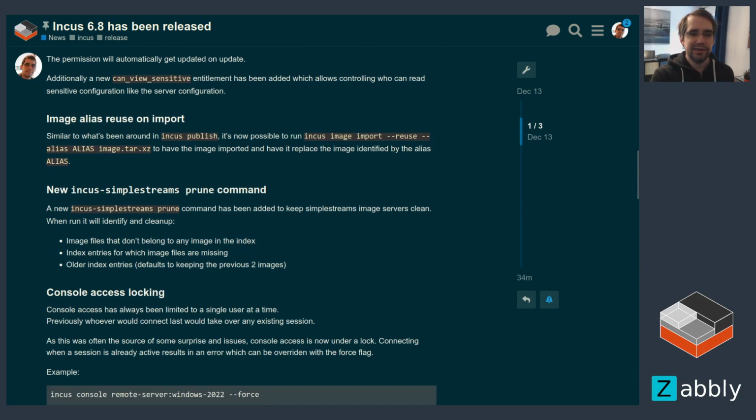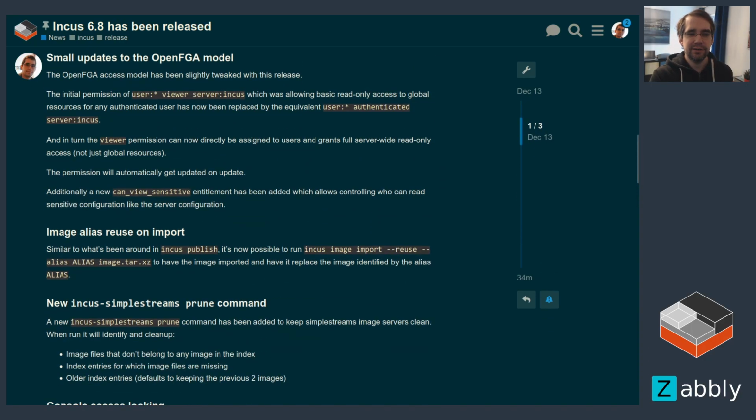Next up is a tweak to the authorization model we've got in OpenFGA. So OpenFGA is the main authorization mechanism for incus, especially when used combined with OpenID Connect. And it's got an authorization model that describes a lot of the different high-level roles and their permissions on incus. One thing we had to change is there